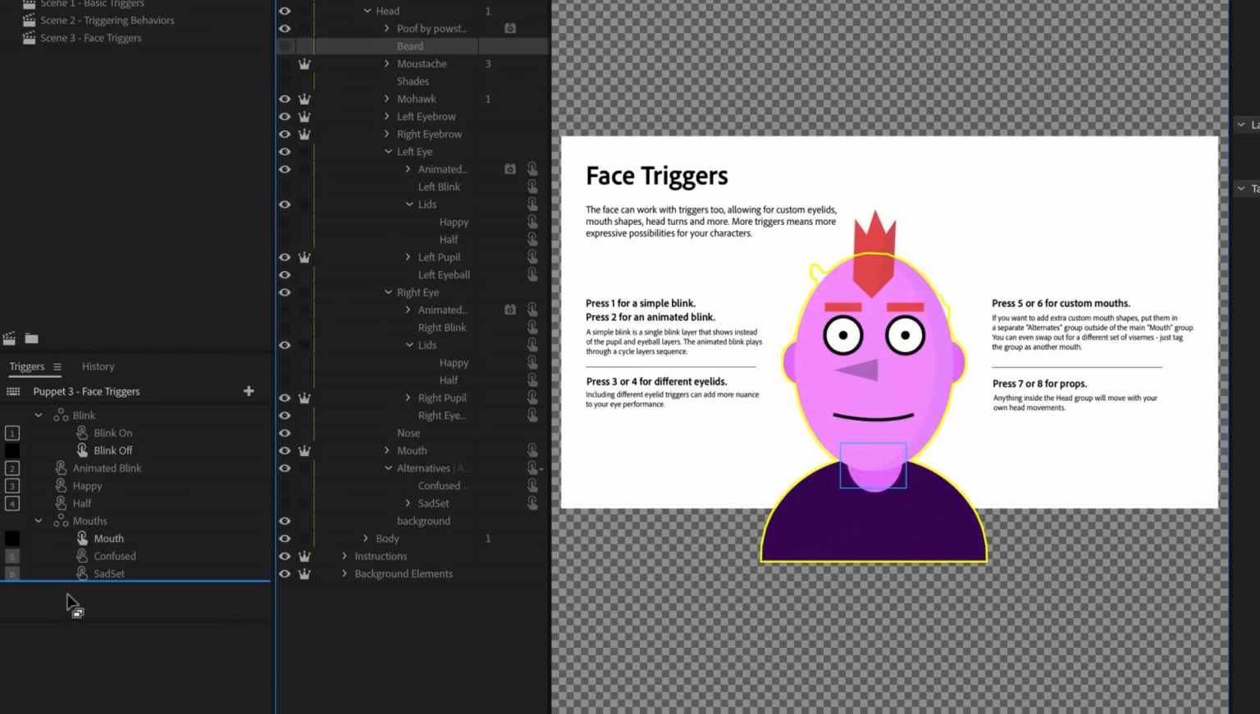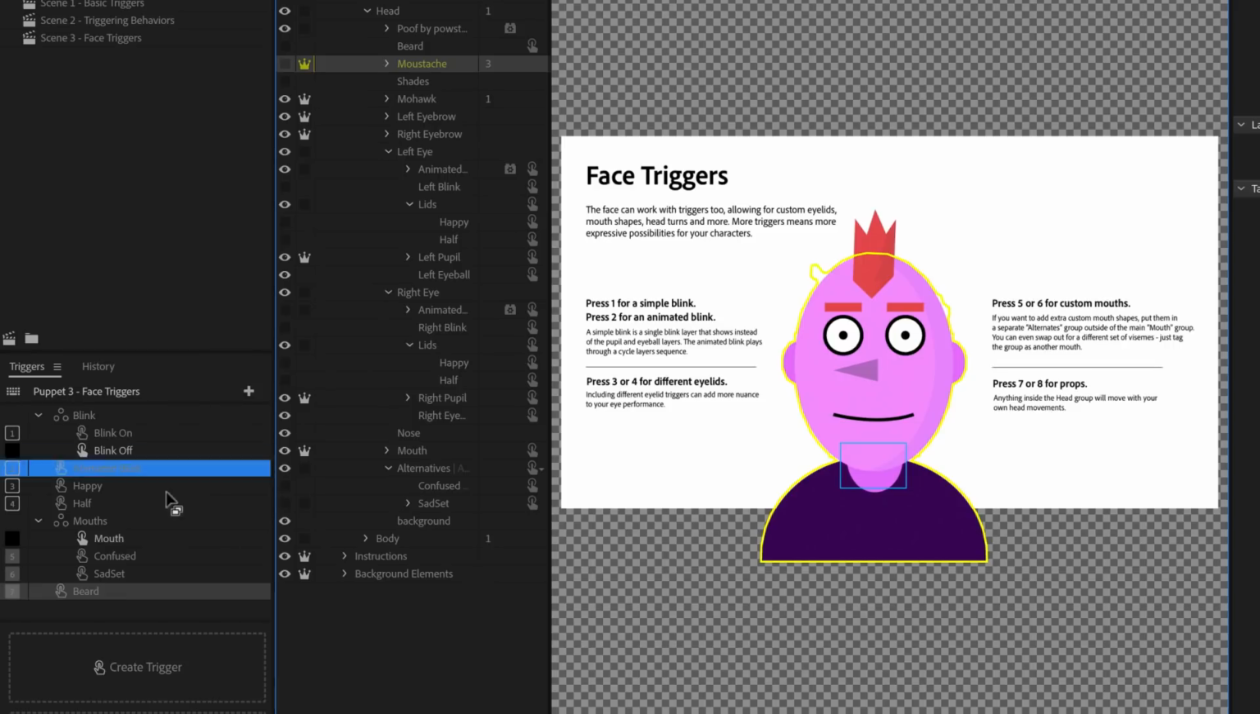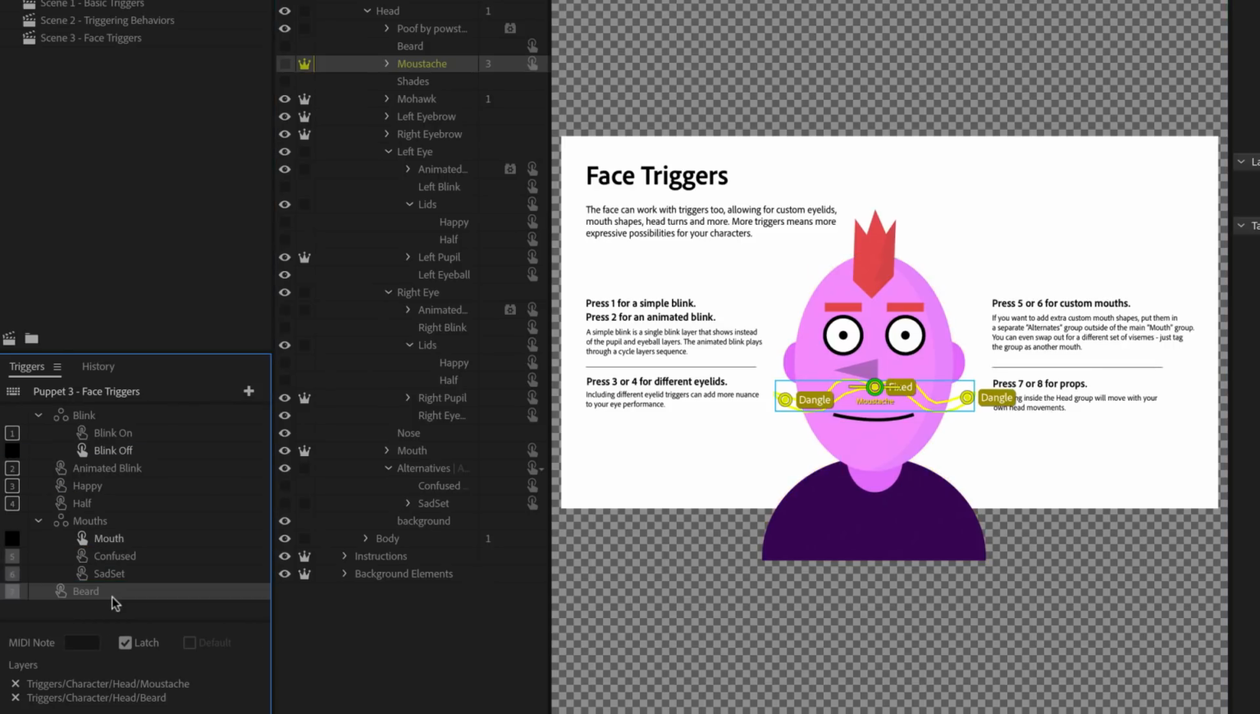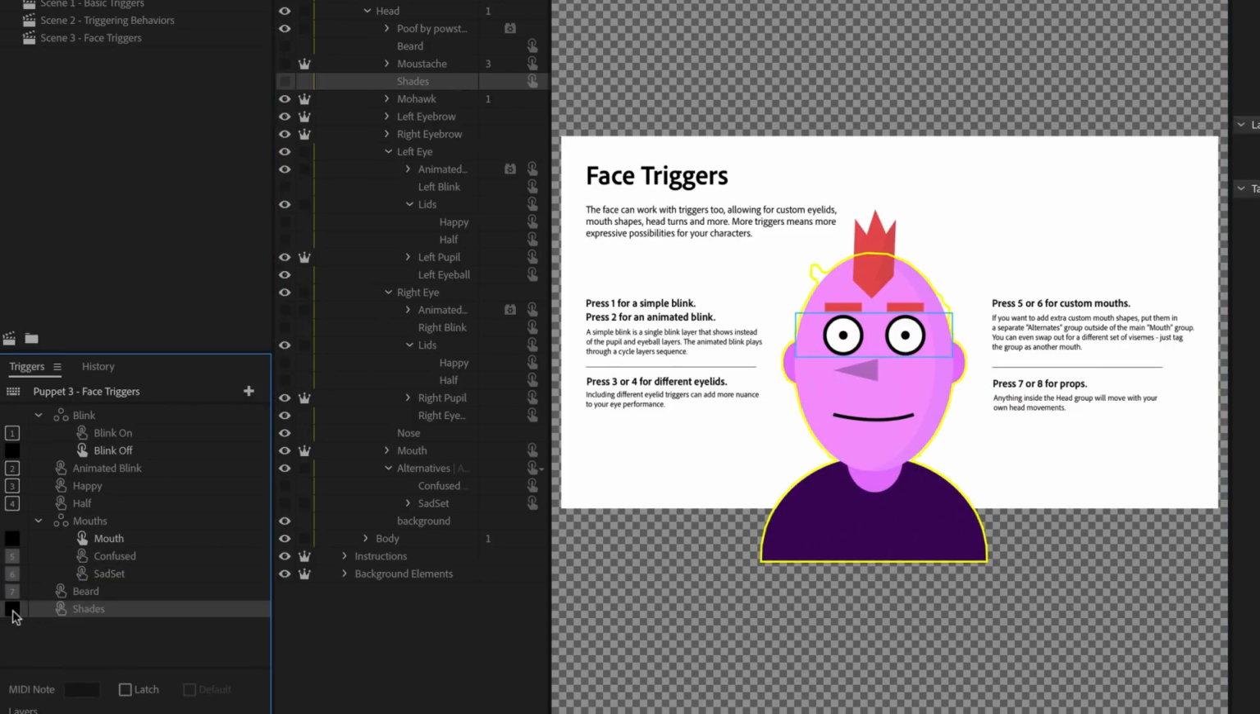Finally, let's add the prop triggers. I can drag the beard layer in first, add the 7 key to my newly formed trigger, check latch, and then drag the mustache group in as well, so everything gets triggered together. I can drag the shades layer in, give it the 8 key, and check latch to add sunglasses to my